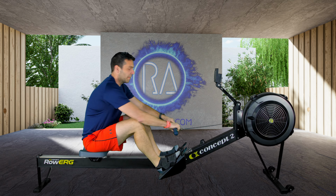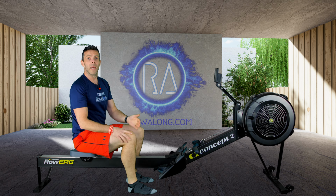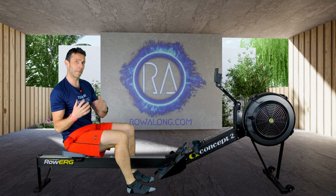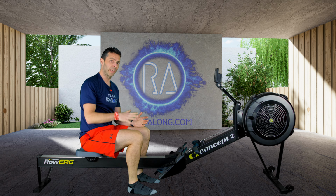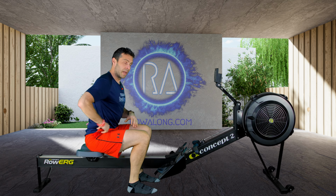So it may well be that that's what you want to do at first, is to practice strapless rowing when you're in your socks. So the only thing you really have to think about is what's happening with your heels in those heel cups. And remember what I said, posture can be a huge part if your heels are coming up really high. If you have a good, powerful posture at the front, proper tilt with your hips and your